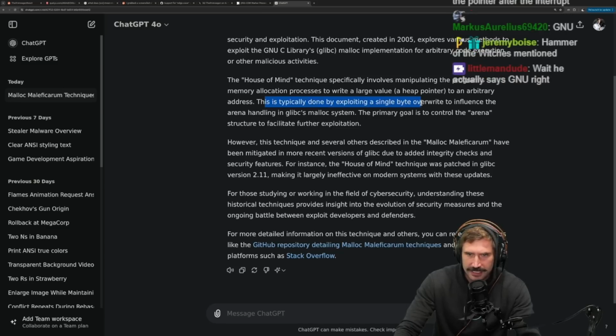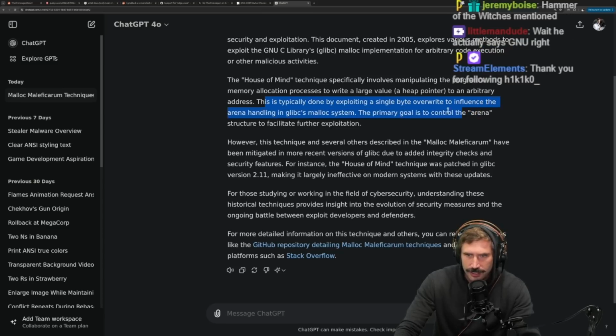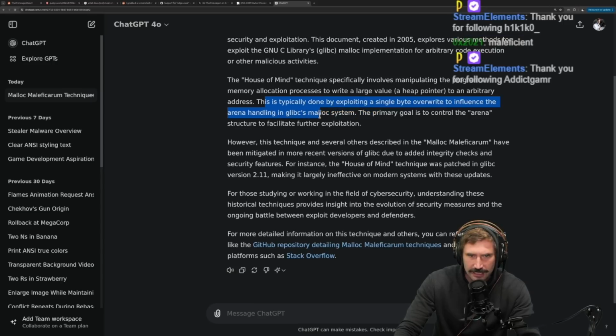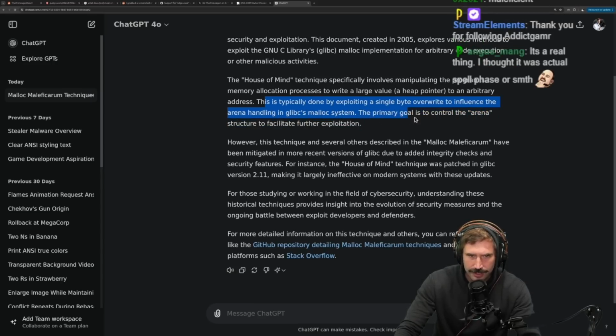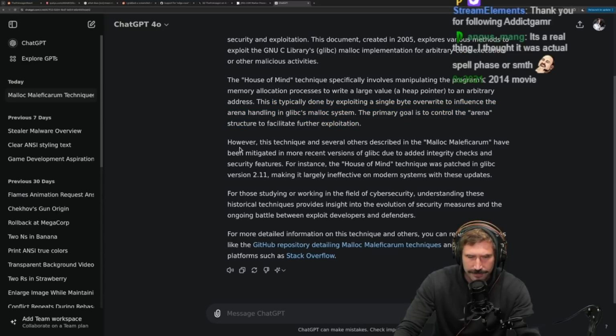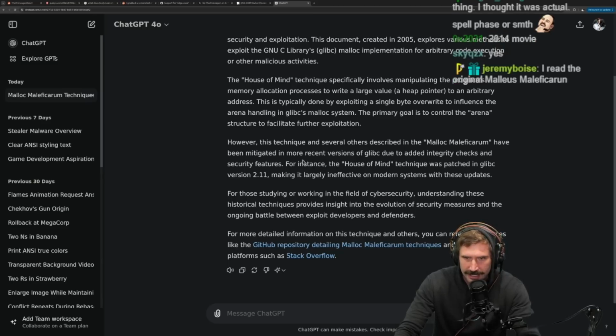This is typically done by exploiting a single byte overwrite to influence the arena handling in glibc's malloc system. The primary goal is to control the arena structure to facilitate further exploitation. However, this technique and several others described in the Malloc Maleficarum have been mitigated in more recent versions of libc due to integrity checks.